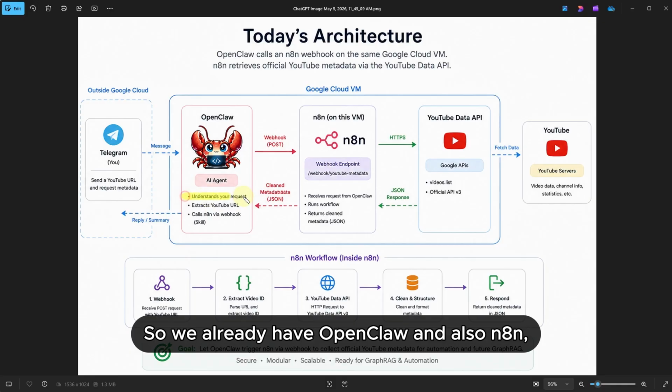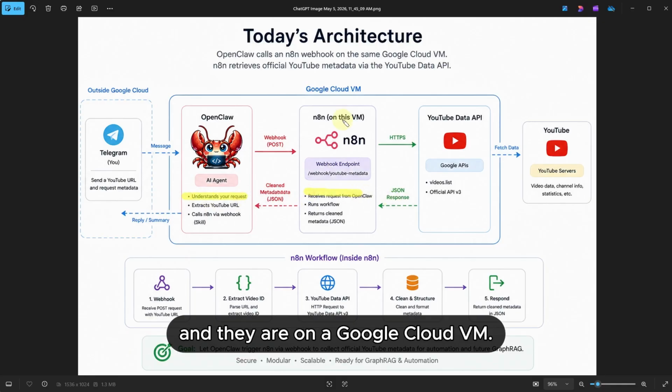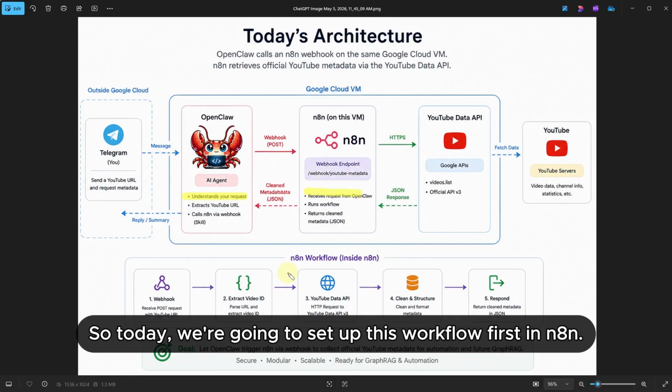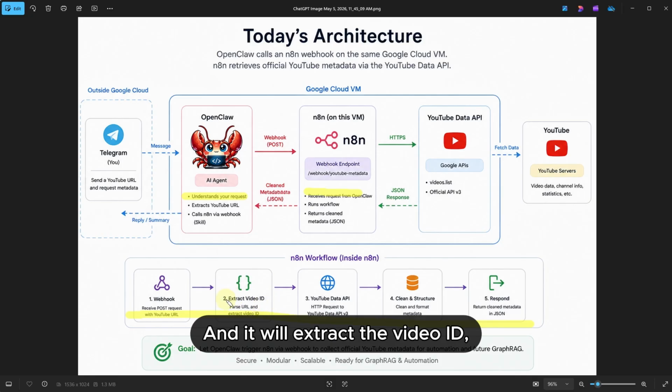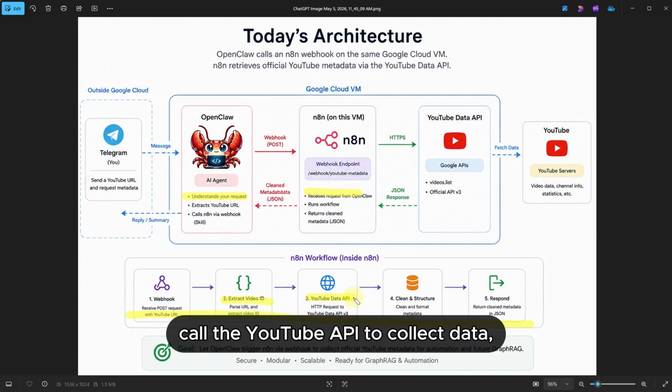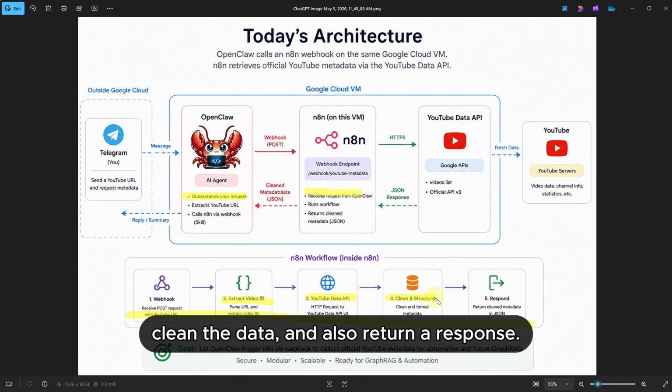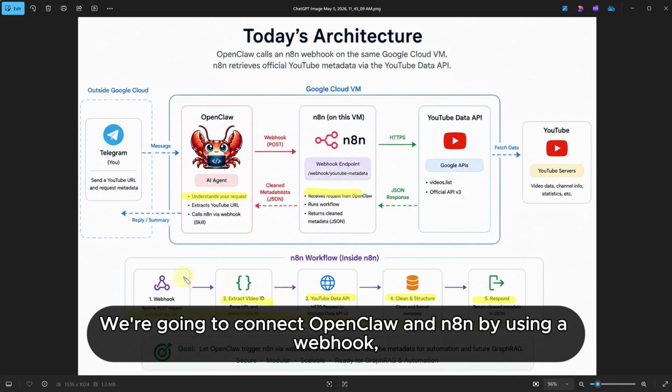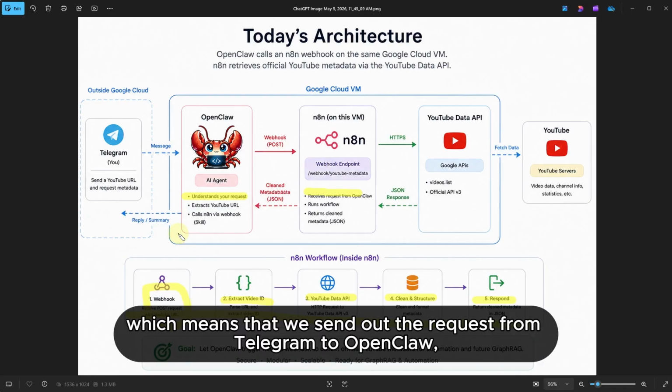So we already have the OpenClaw and also our n8n on the Google Cloud VM. So today we're going to set up this workflow first on n8n. That will extract the video ID, call the YouTube API to collect data, clean the data, and also return the response. We're going to connect the OpenClaw and n8n by using a webhook, which means that we